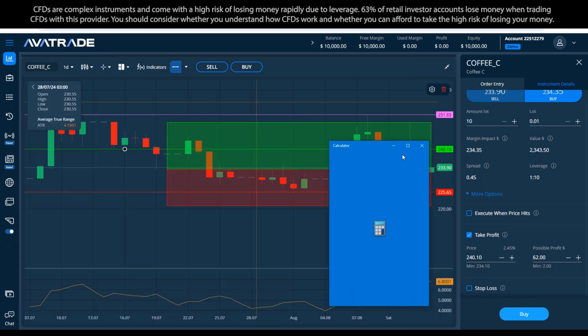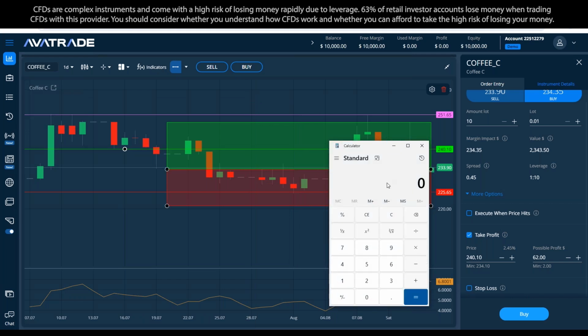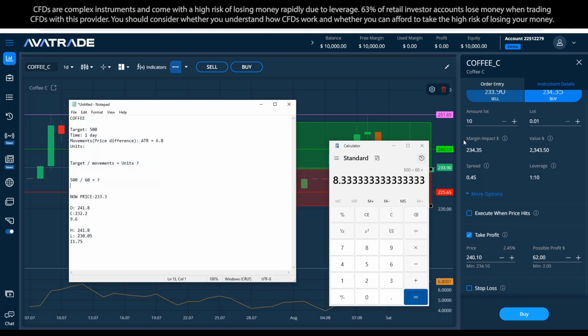Oh, sorry, I did something. 500 divided by 60 is 8.3. Yeah, I'm not sure that we can't take less than 10, right? In this case, oh, sorry, 6.8. I'm at 6.8,